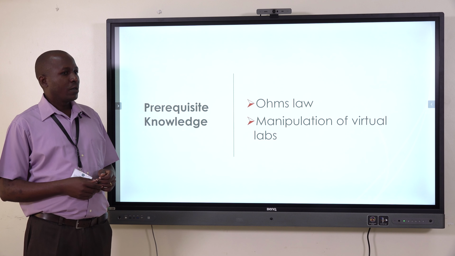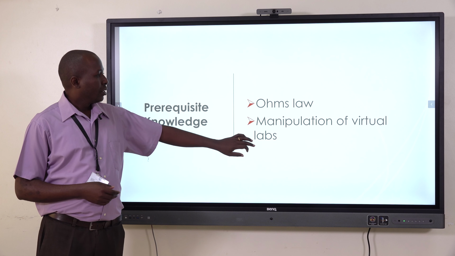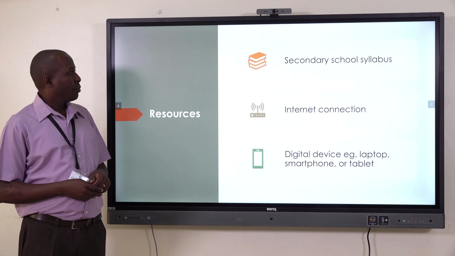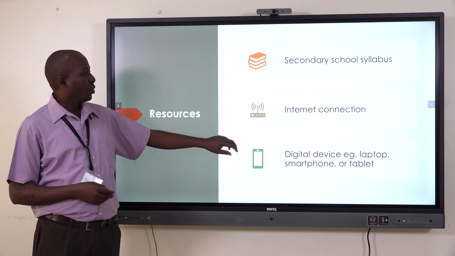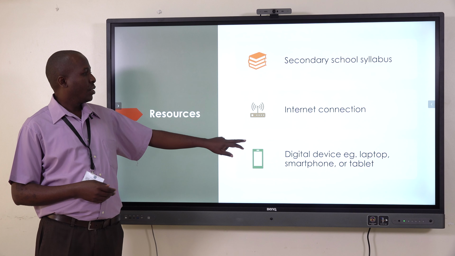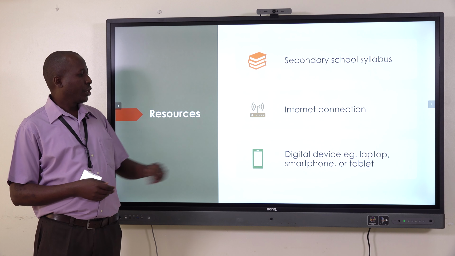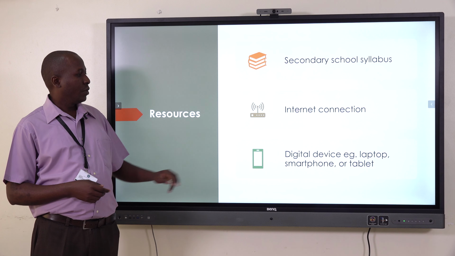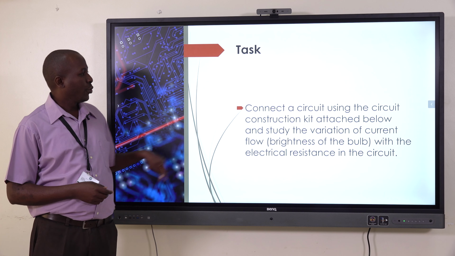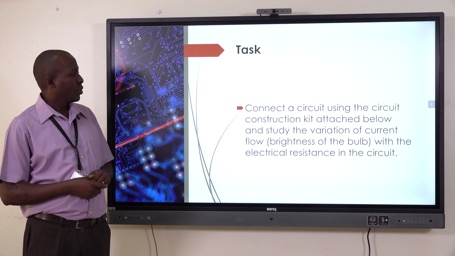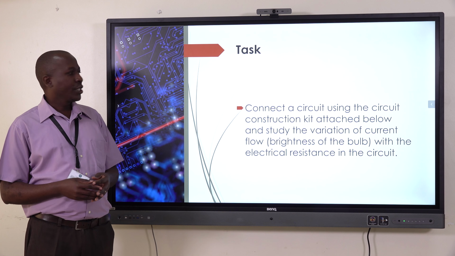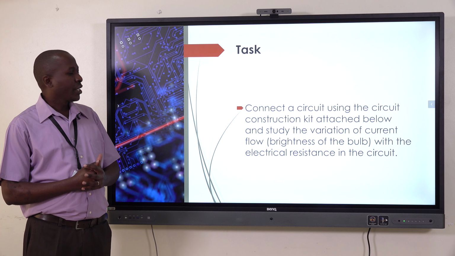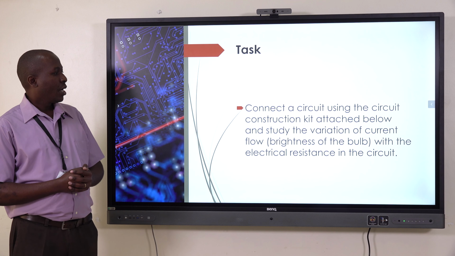You must have a ground knowledge of Ohm's law and manipulation of virtual labs. Our resources for the lesson: the secondary school syllabus, the internet connection, and the digital devices that you're going to use to access this toolkit. So onto our task, we are going to connect a circuit using the circuit construction kit